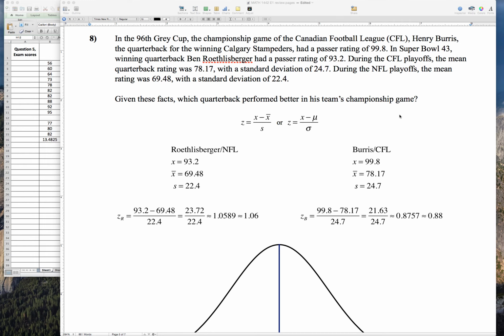Question 8 uses z-scores to compare two different values in two different normally distributed data sets. The question doesn't tell you that this data is normally distributed, but we can assume that it is in this context. So it says that in the 96th Grey Cup, which is the championship game of the Canadian Football League,